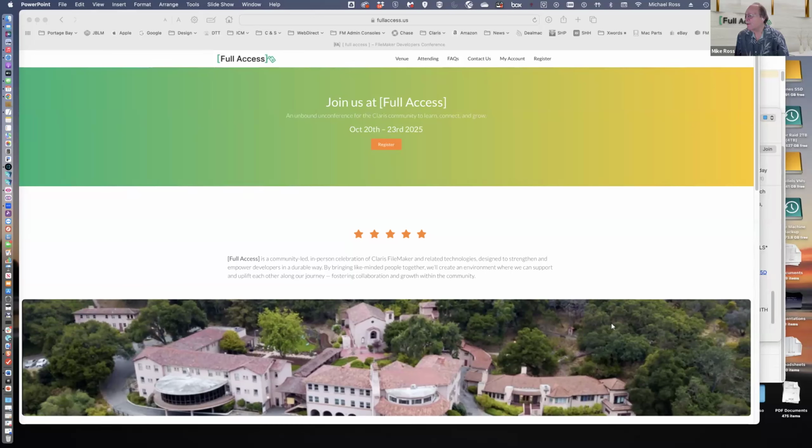Let me give you a few more quick details. We will have a pretty broad focus on Claris technologies, and we're going to talk about skills we need to develop. We're going to talk about complementary technologies. We will also have a lot of work-life challenge sessions. Those are the type of sessions that really are not appropriate at a venue like Engage. This is where we have a chance to kind of get real with each other. And there will also be meals and snacks.